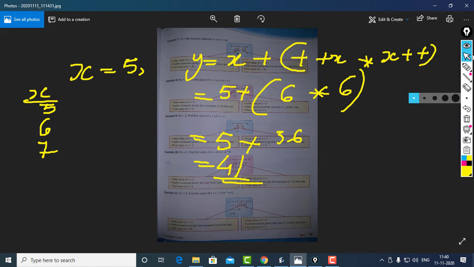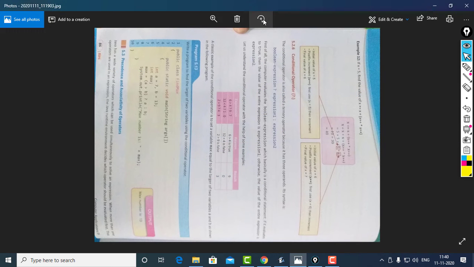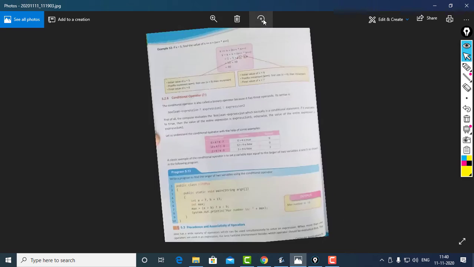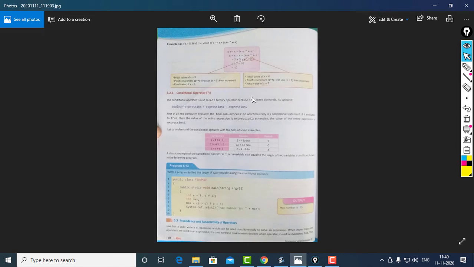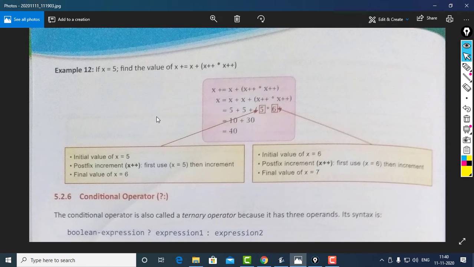Then we can discuss the next example. So this is the last example. So we can discuss this also. The initial value of x is 5. Then we have to find out x += x + ++x * x++.